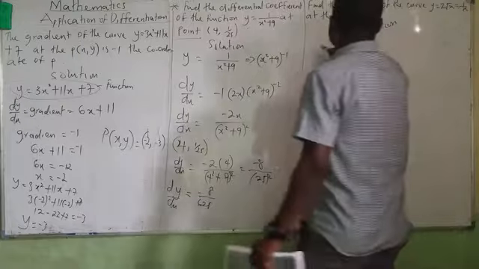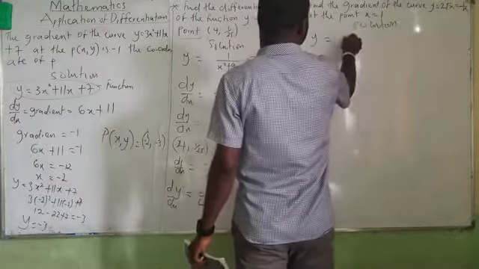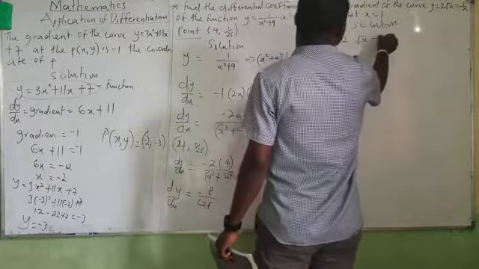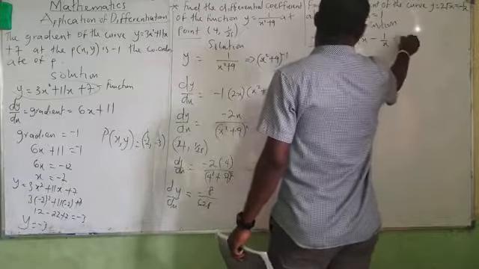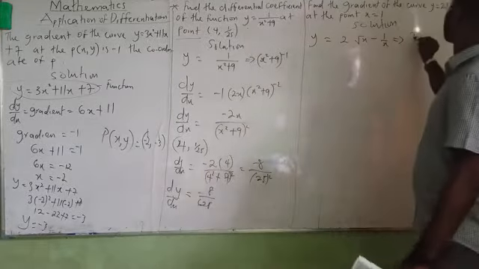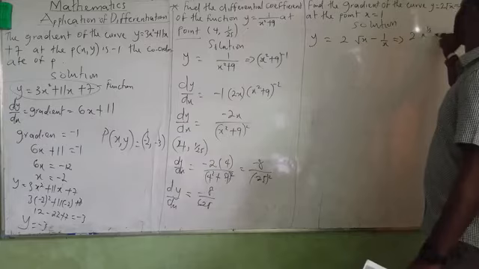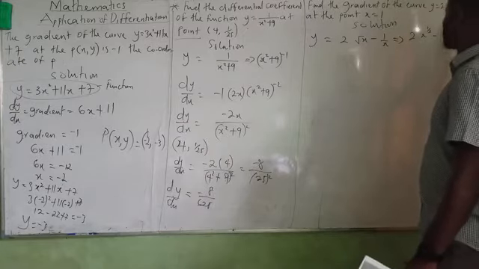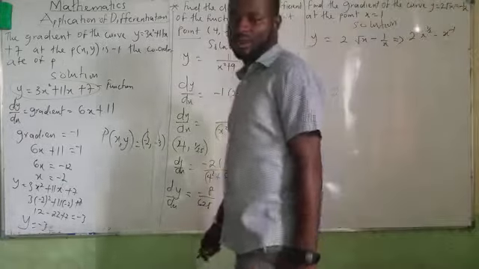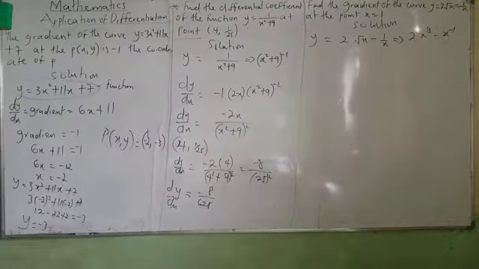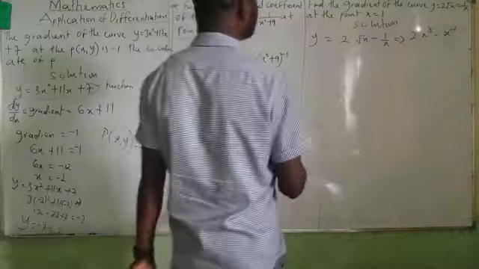Okay, I have this. It means I will be having y equals 2 root of x minus 1 all over x. Don't forget, this can be written as 2 x raised to the power 1 over 2 minus x raised to the power minus 1. Take note of that, very, very important. Since I have that, I can now continue by having my dy